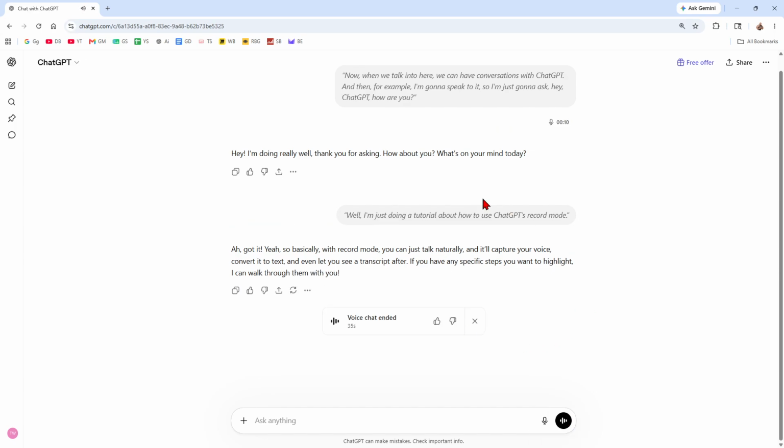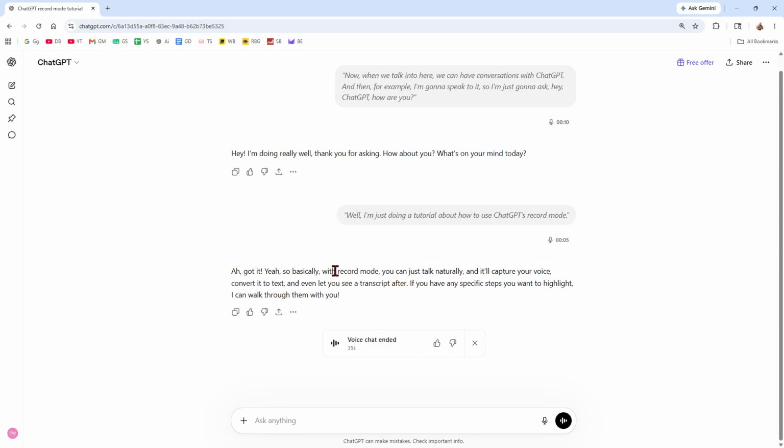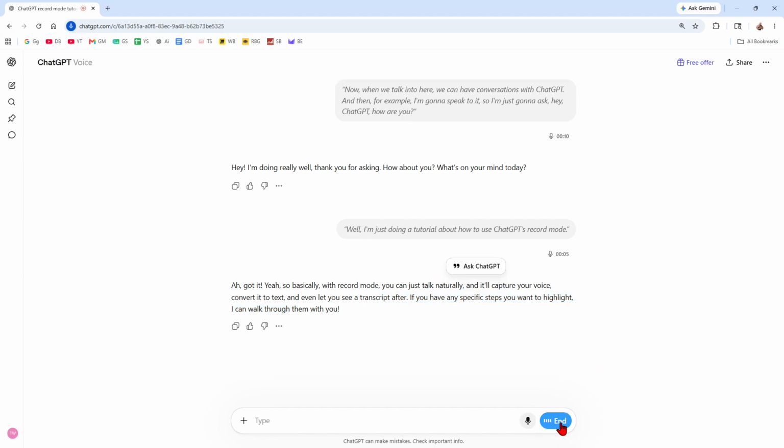So yeah, that's how to basically use it. So yeah, it's great for brainstorming, meeting notes, voice journaling, and all that good stuff. And here you can see the voice chat ended once you do end it. And if they don't give you a transcript, you can always ask here, can you give us that transcript of that conversation as well? And then to end it, basically hit use voice again, and that's going to cancel